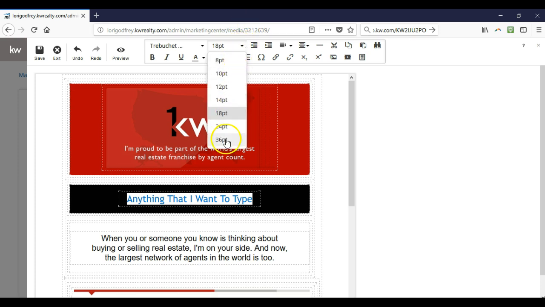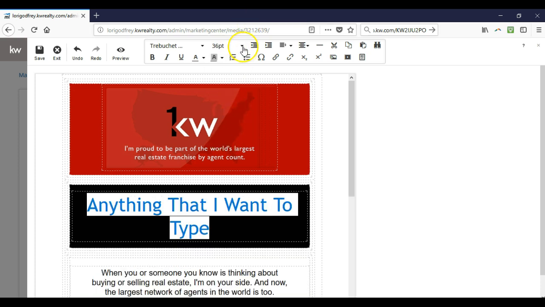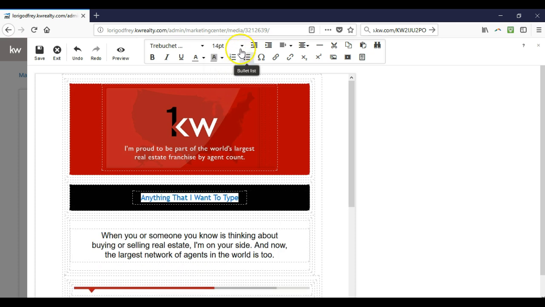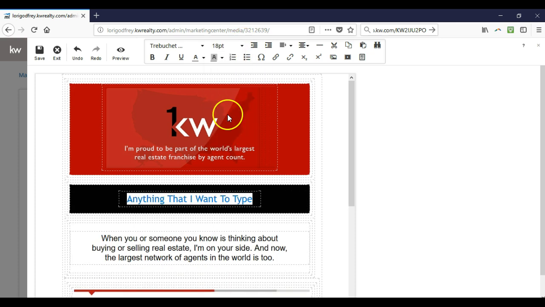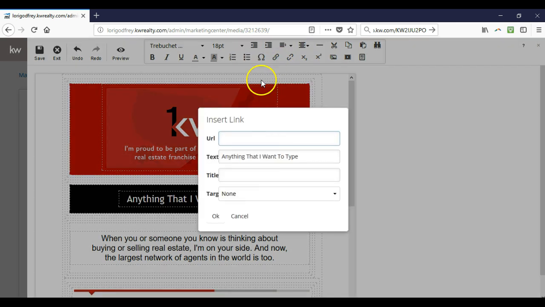You can change the font size if you want to. All right, you can do anything that you prefer on here. I think it was at 18 is what we were at before. All right, and once again, I can even hyperlink this. So when someone clicks on this, it would take them over to another website. So maybe I want to hyperlink this and send them over to